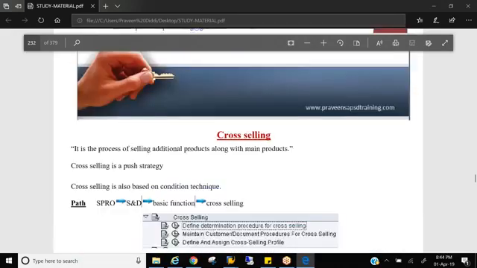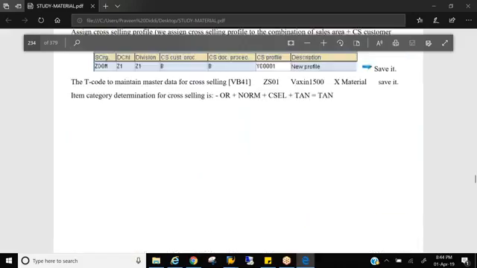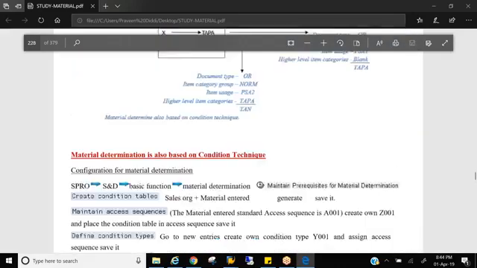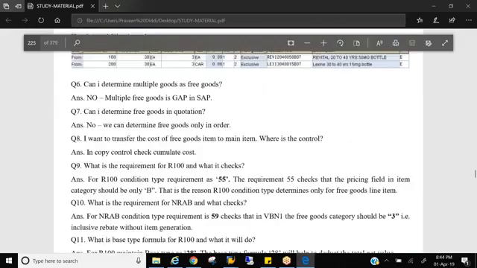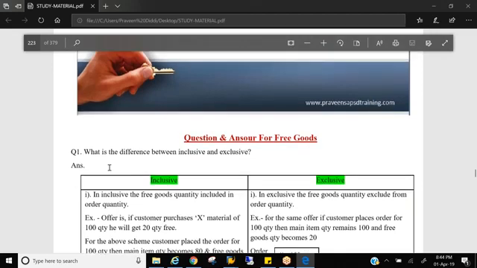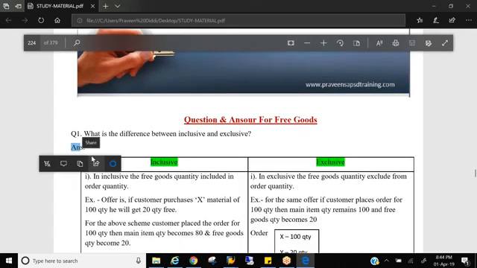And from the pricing concept onwards, you will also see answers for interview questions. Until pricing concepts, you don't have answers for interview questions, but you will see answers for every topic.